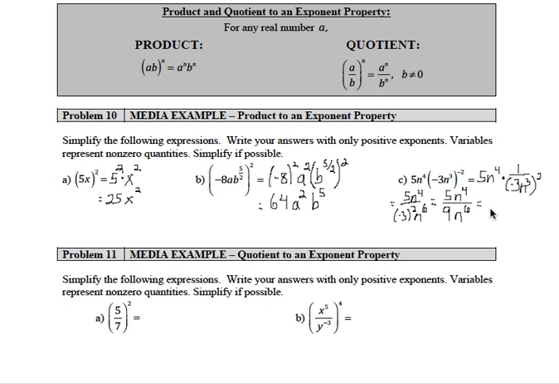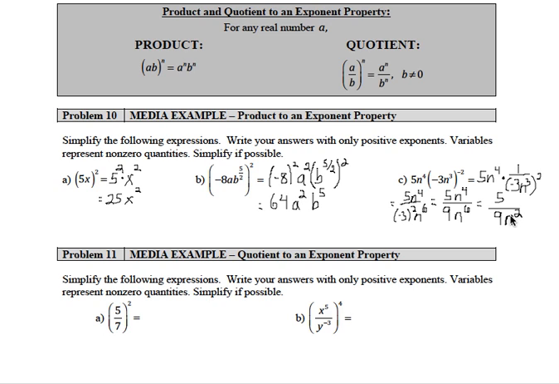You'll learn more about it in the next set of examples. But if I have n to the 4th on top, that's n times n times n times n. I have n to the 6th on the bottom, n times n times n times n times n times n, 6 times. If I remove the common factors here, the n's are removed from the numerator, and I end up with n squared in the denominator. And that is my final answer. You could make it a little bit nicer by centering the 5 over the 9n squared,